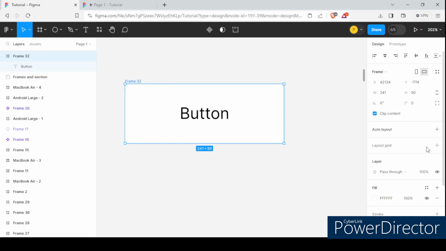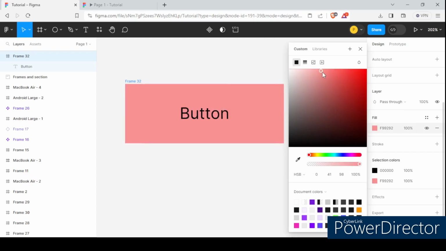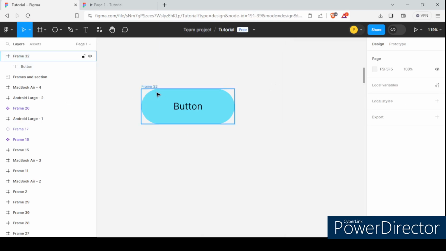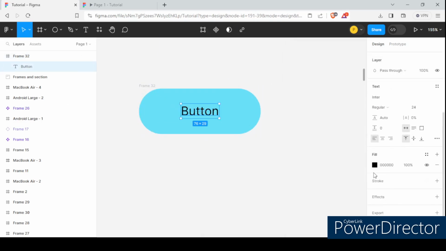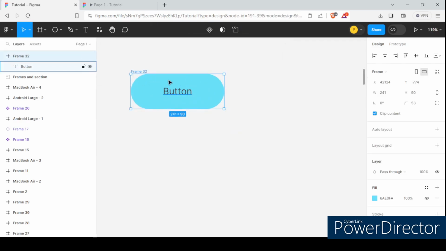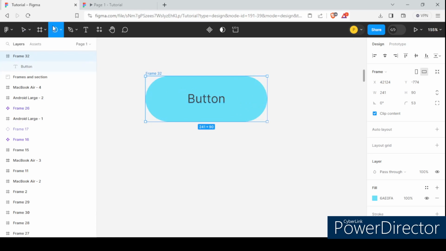Okay, so first of all I'll add some color. Let it be blue, and some corner radius I want. That's it. Okay, done. Okay, so now I'm going to